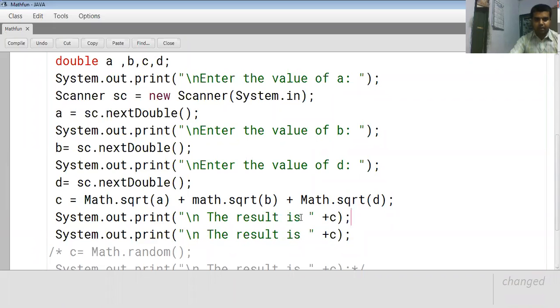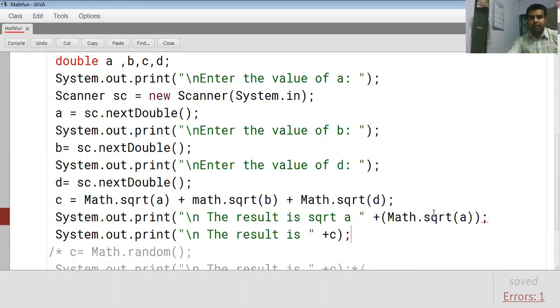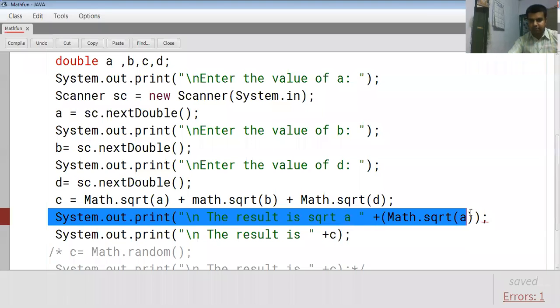The result of SQRT A is, I have not stored any variables, so I have to use the direct mathematical function, math.sqrt A. You can use a direct expression instead of a variable. Just like you see, I'm using math.sqrt A directly to see whether the square root of A is properly calculated.